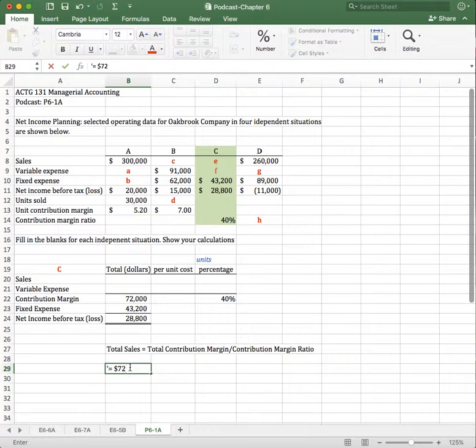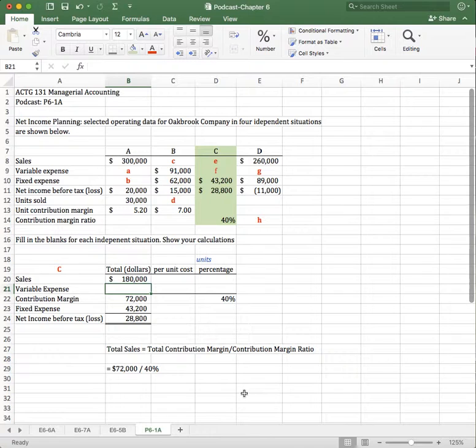So that's 72,000 divided by 40%. So when you divide by a percentage, you're going to get dollars. When you divide by a unit, a per unit cost, you're going to get units. So let's calculate the sales. 72,000 divided by 40%. That results in